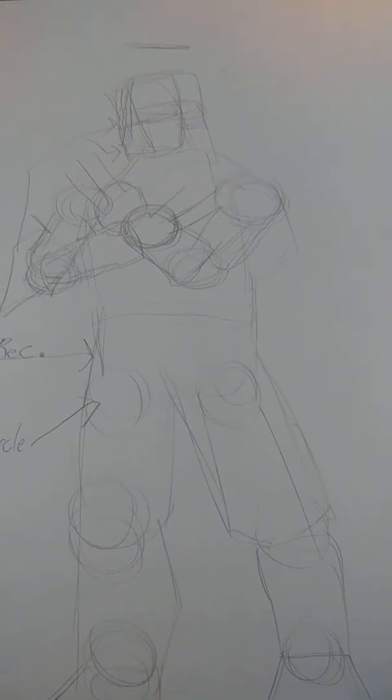Okay, so rectangles, a circle to indicate the ear. Got the circles here, and those would be the claws. So it's the same thing. And I have points, your basic shapes, your rectangle for the arms, and for the head, horizontal and vertical rectangles. Then you got the circle points for the joints. So once you get that down, you can get more comfortable with more detailing,